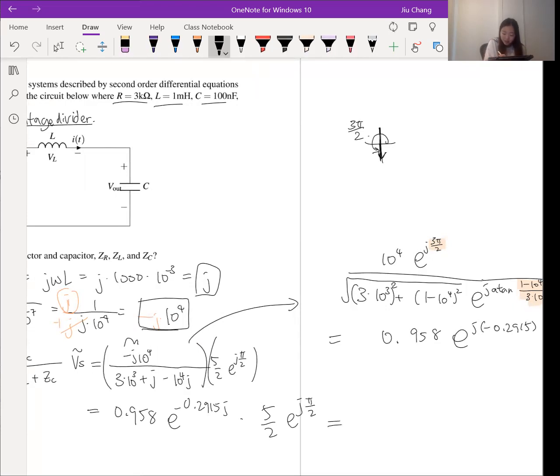And then we now multiply these two. So that gives us, wait, sorry. And then we add the negative 0.29 with our pi over 2. So that finally